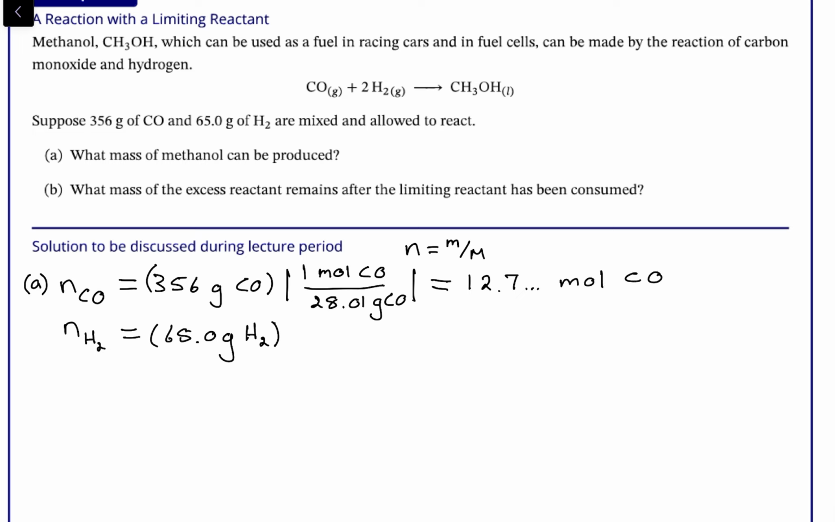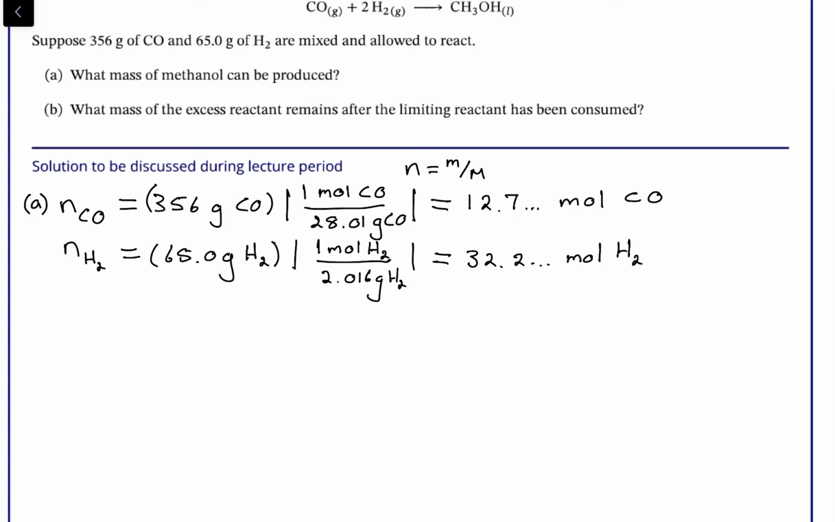carbon monoxide. For the hydrogen, there's 1 mole hydrogen for every 2.016 gram hydrogen. This gives us 32.2 mole hydrogen. Okay, so now that we have the number of mole,